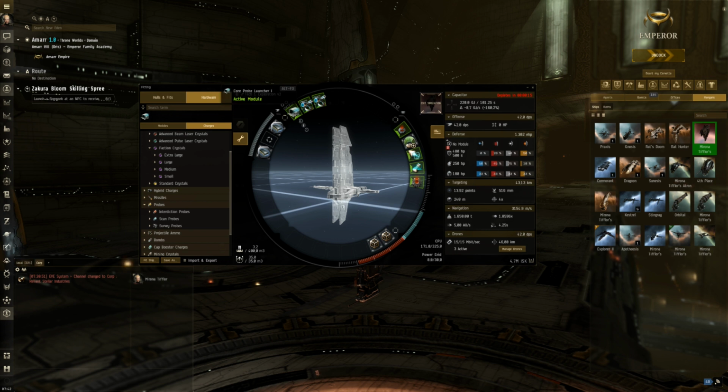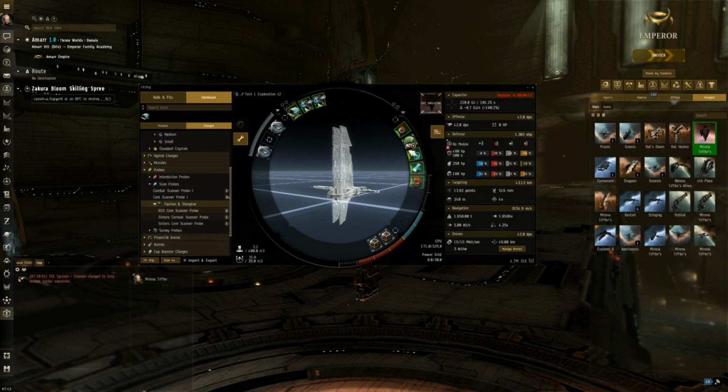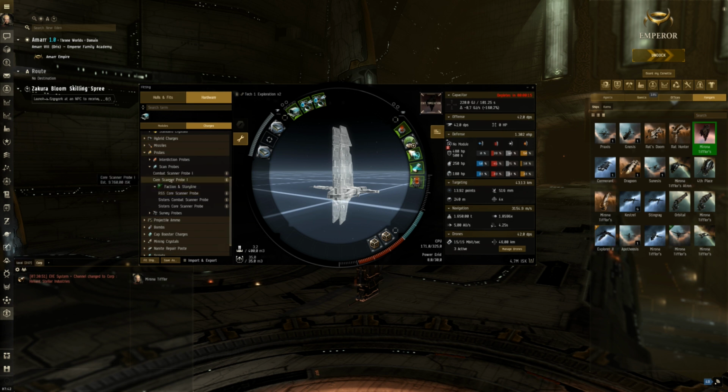Then the only other thing that's absolutely needed is a probe launcher. You need a core probe launcher to scan on anomalies, and you will need an expanded probe launcher if you also want to be able to scan down ships, but that's not the subject of this guide. And you need some scanner probes, which are charges. You can find them here. For high-sec, even for beginners, the core scanner probes should be enough, but you can also use the sister core scanner probe, which has more scanning power,